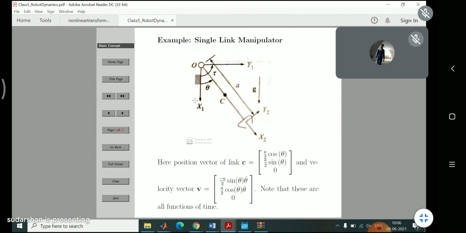So the position vector is a by 2 cos theta, a by 2 sin theta, 0. If you do C transpose G, that is the inner product of C and gravitation, we get only the x direction, that is a by 2 cos theta